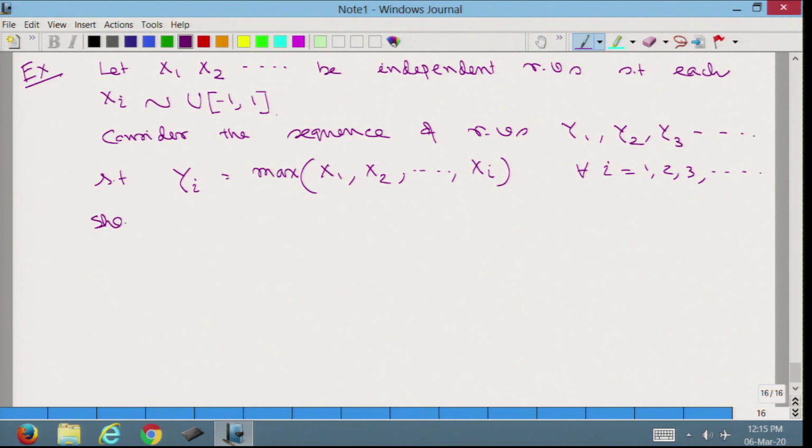Show that Yn converges in probability to 1. So, solution: